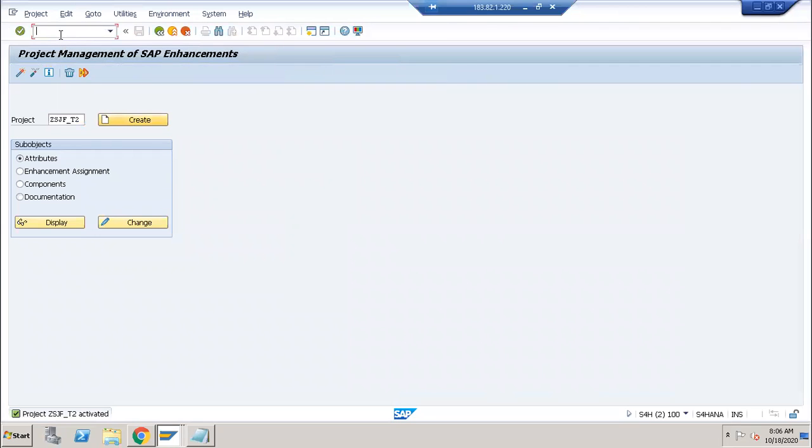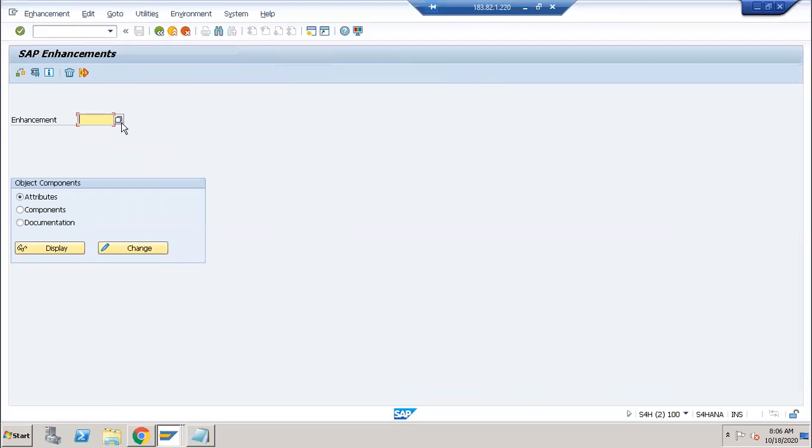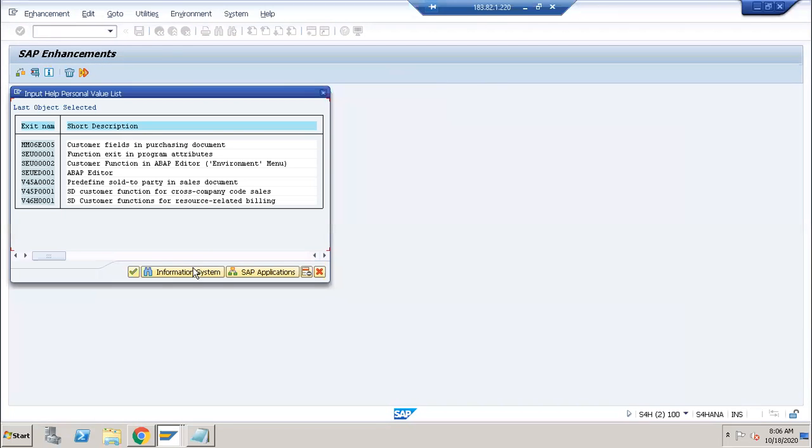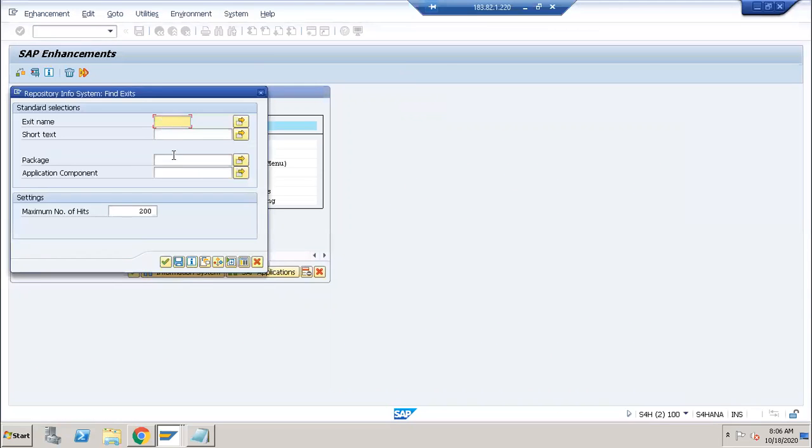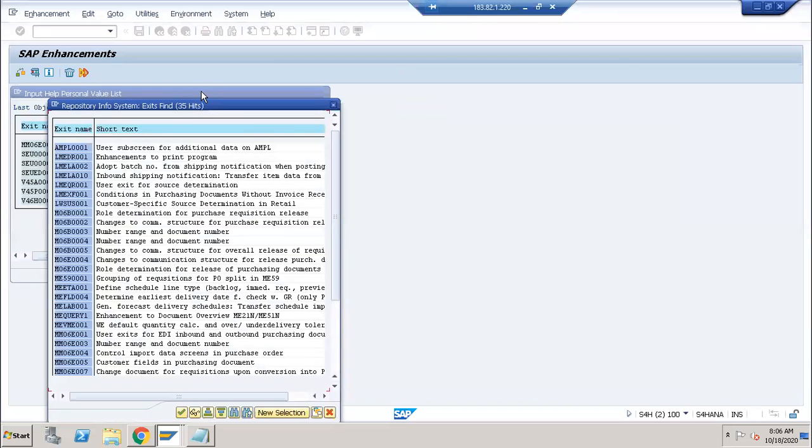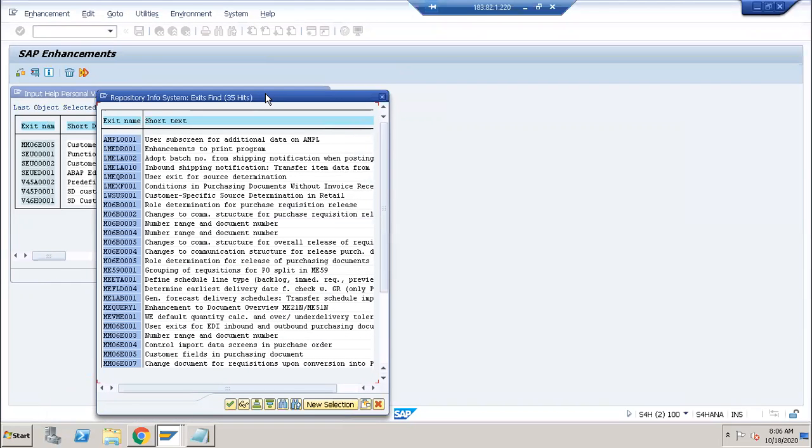Fine. Here, slash and SMOD transaction, provide it and click on the F4 button and click on information. Provide the package name here, ME, and click on the OK button. Here it will provide a list of enhancements. Here we have to find out what is the